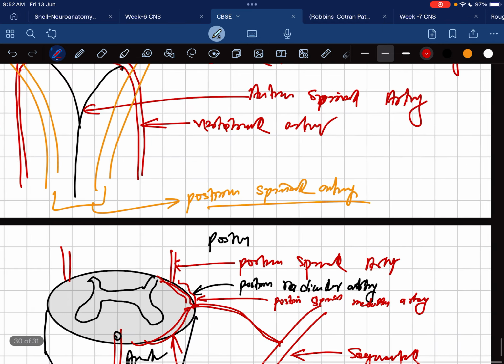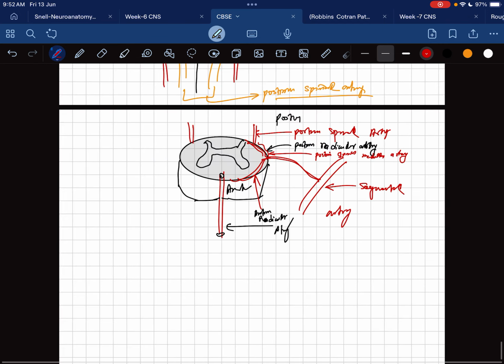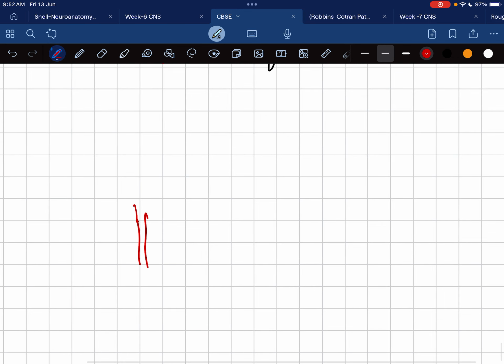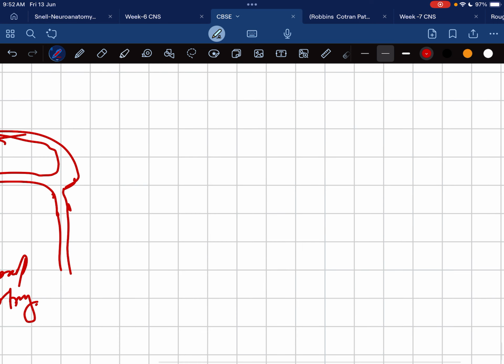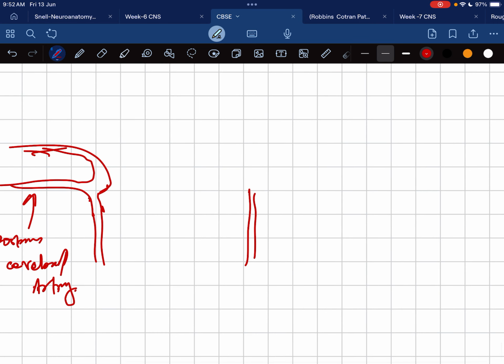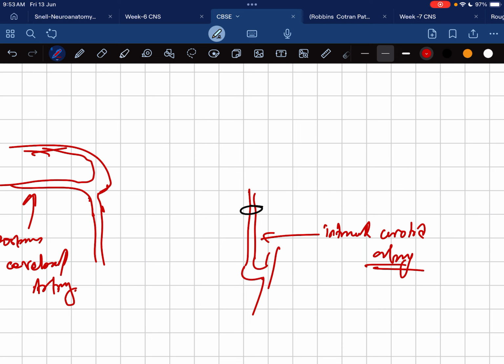And after that this basilar artery is going upward, forming like this the posterior cerebral artery. From the anterior side, here the internal carotid artery goes inside through the carotid canal, and it is a division of the common carotid artery. This is a common carotid artery,